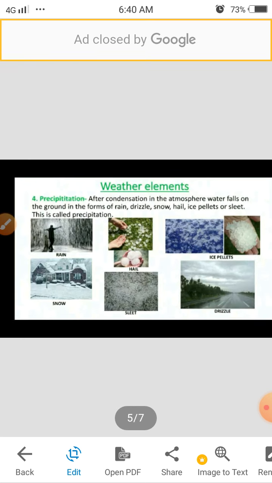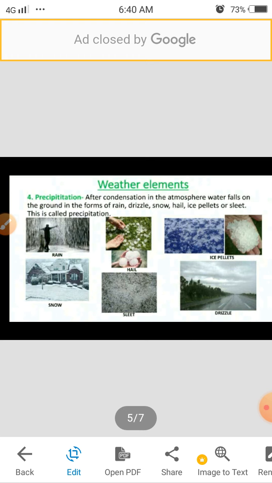Then next factor is the precipitation. After condensation, the atmospheric water falls on the ground in the form of rain, drizzle, snow, hail, ice pellets, or sleet. This is called as the precipitation. After condensation, as we know, water